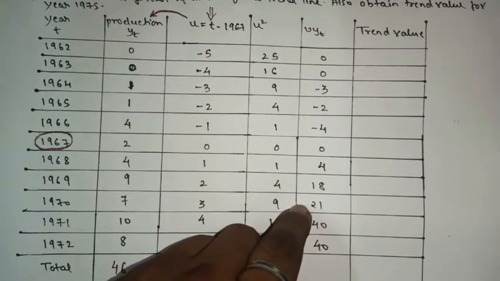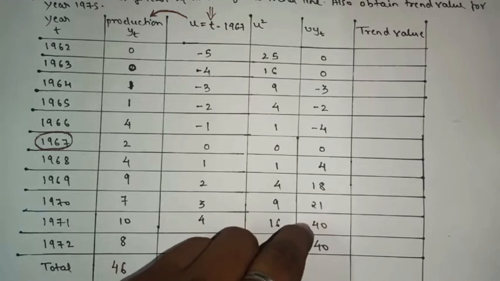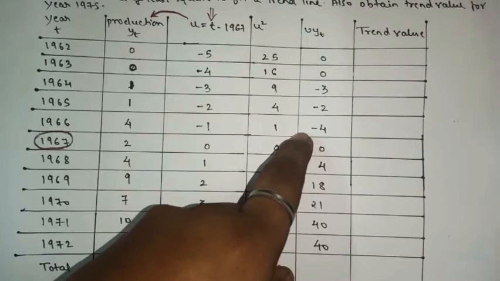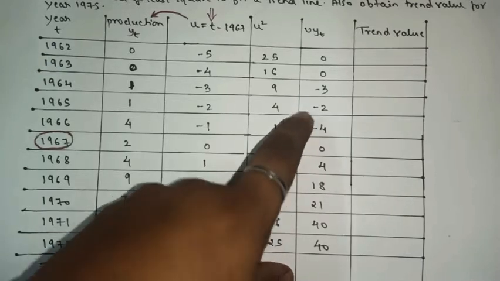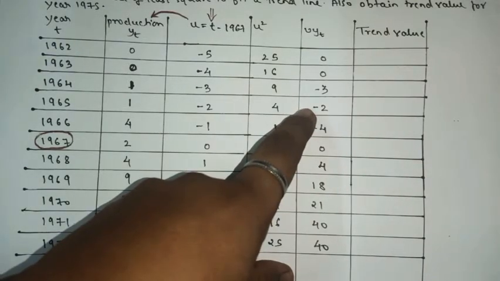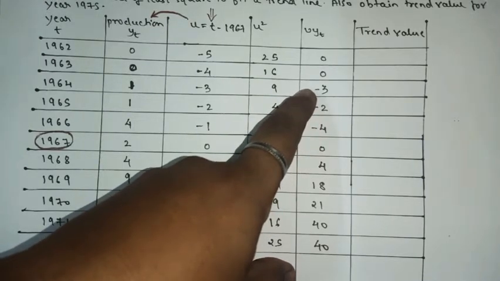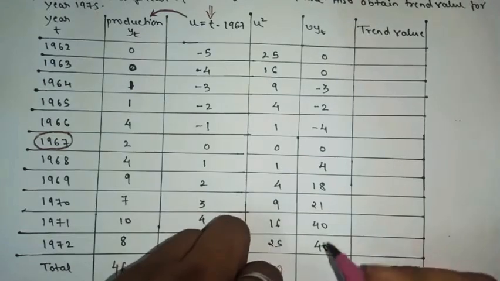You have to be quick, huh? Very quick while adding and subtracting, and in multiplication and division also. 21 plus 40, 83 plus 40, 123. Then we'll subtract these numbers. 123 minus 4, 119 minus 2, 117, and 117 minus 3, it's 114.